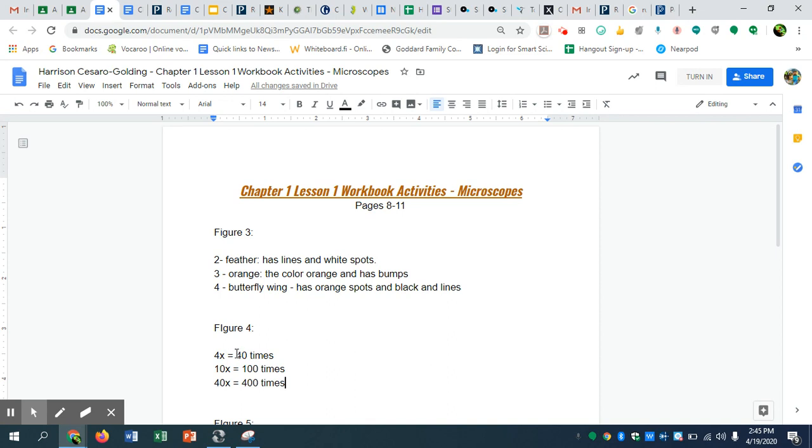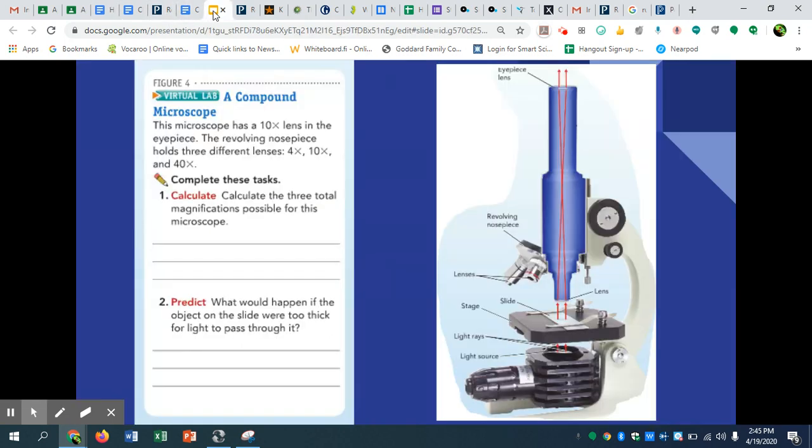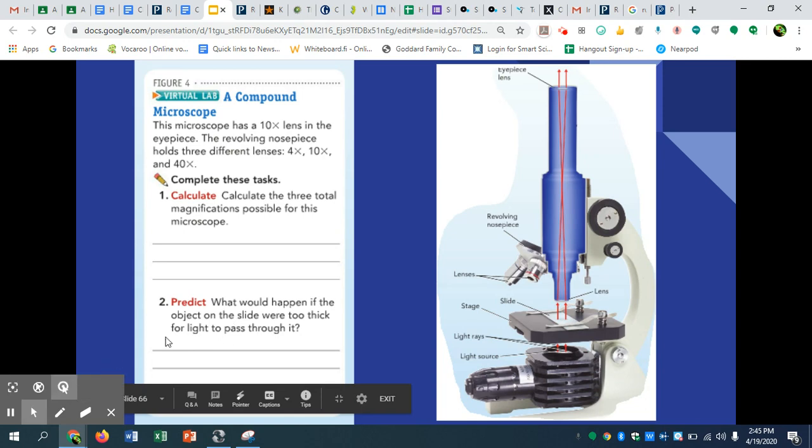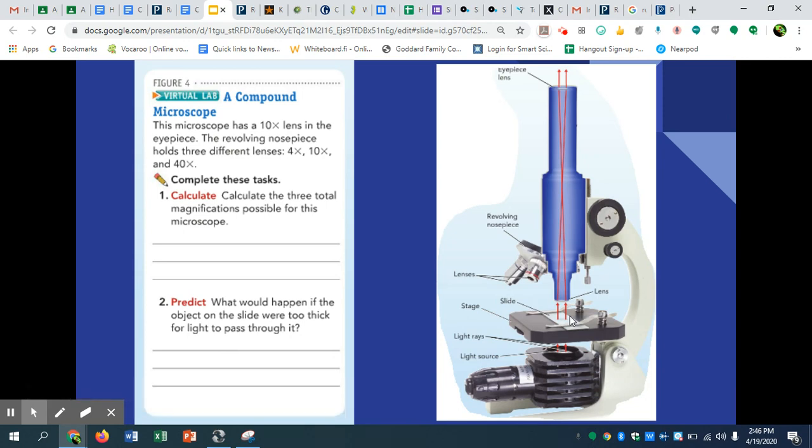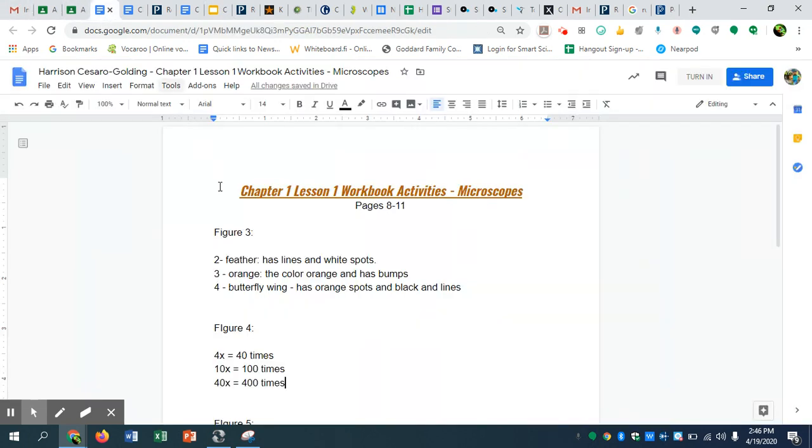All right. Now let's go on. There's another part of this question. Predict what would happen if the object on the slide were too thick for light to pass through it. Well, this is called a compound light microscope. Okay. So if light can't pass through it, guess what? You can't see it. So it's as simple as that. If light can't pass through it,